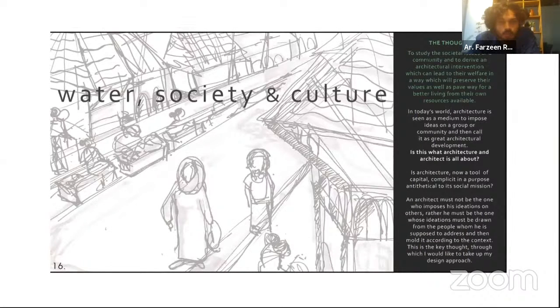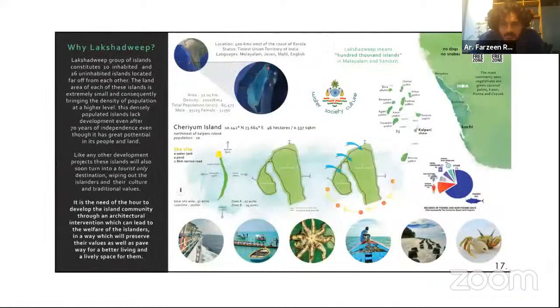And water, society, and culture. That was my concept behind the thesis. So I'll just run through my thesis. It's a part of my portfolio. This is not the actual thesis sheets. So I have explained why Lakshadweep and why I had chosen that, because Lakshadweep is an island which is not developed, or they don't even have the basic facilities there.